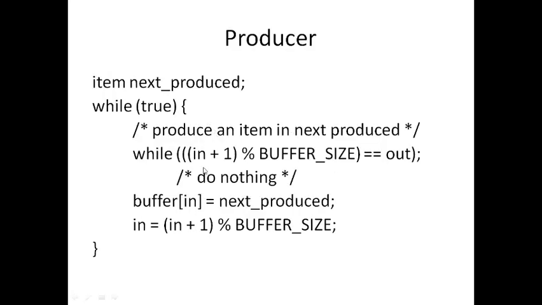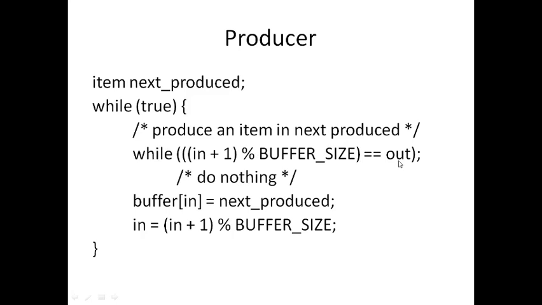So this is the code for the producer. It will keep producing data, but before adding the data into the buffer, it will check whether there is space left. So for the producer, the concern is whether it has some space. If there is no space left, then you can see that there is a semicolon at the end of the while loop, which will cause the process to keep running the same loop, which is called a do nothing loop. This kind of loop which simply keeps the process waiting for a long time is called a do nothing loop. So this process will get stuck here.